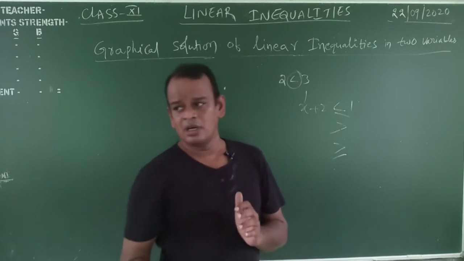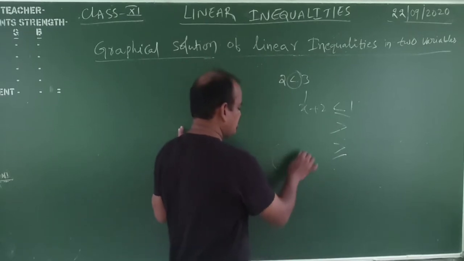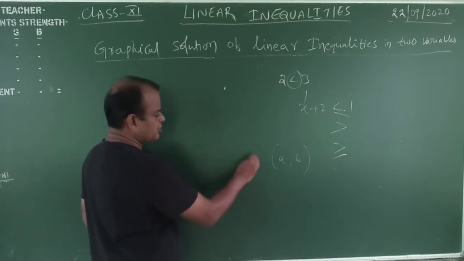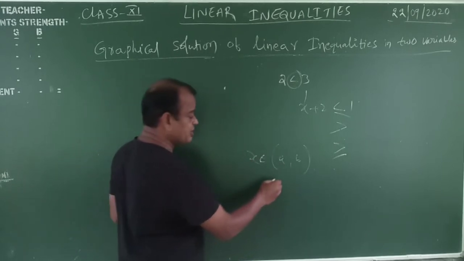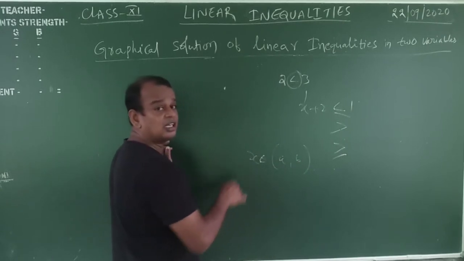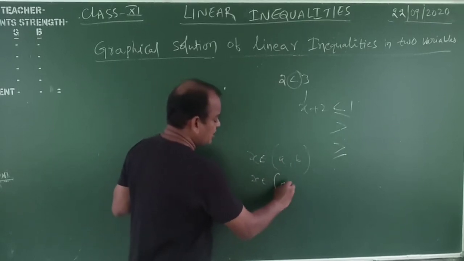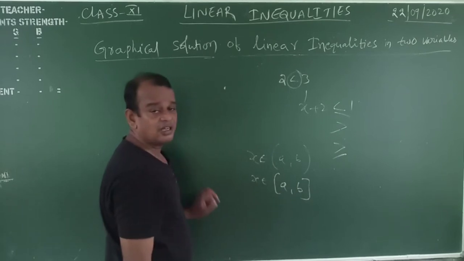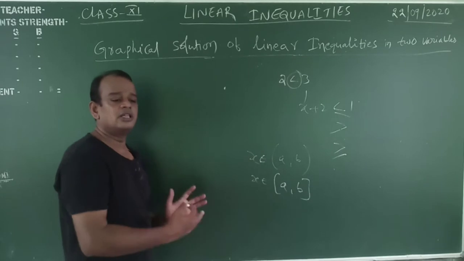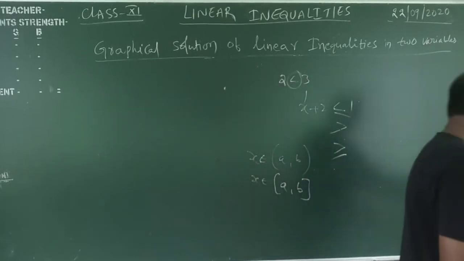Now, in this one, small brackets, big brackets, open brackets, closed brackets. This is an open bracket. How to write it: x belongs to (a, b) means a and b are not included in that interval, while the values in between are. Now, for example, x belongs to the closed interval [a, b]. What is the meaning of this? All the values between a and b, and a and b also, are included in that interval, my dear students. I already explained that one clearly before.